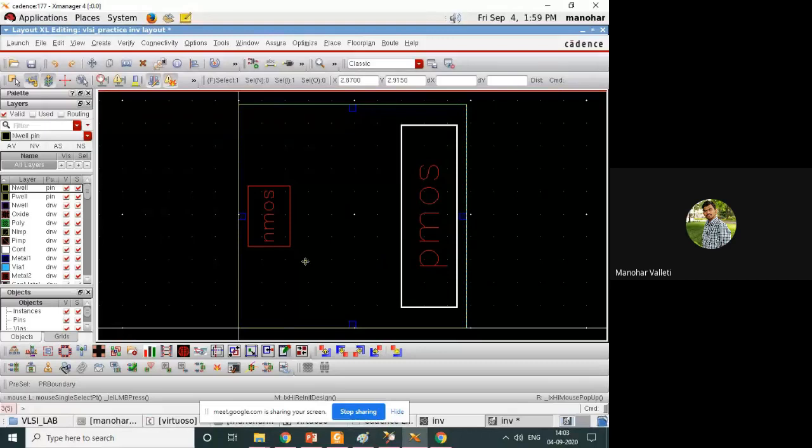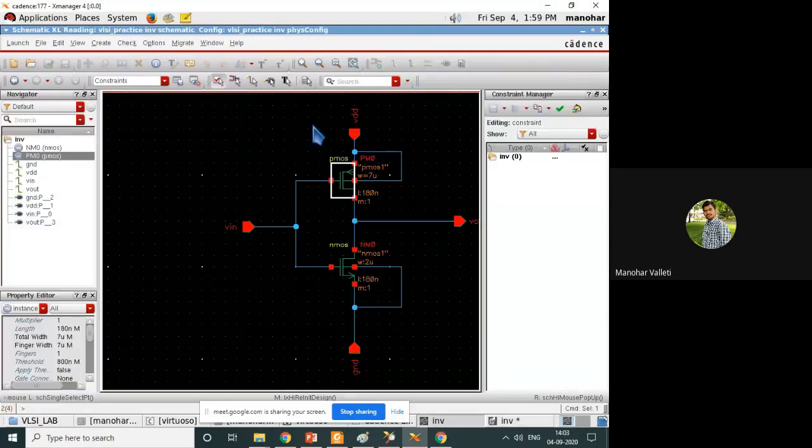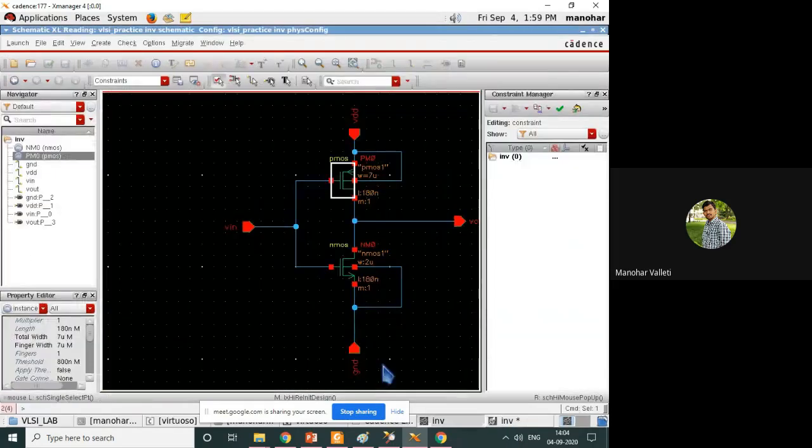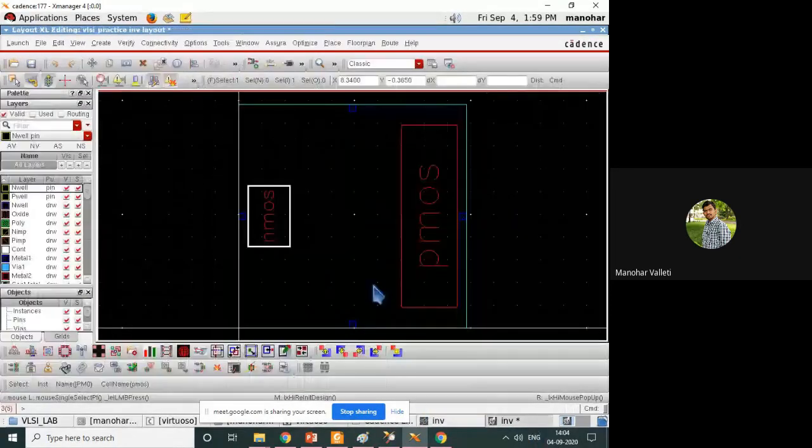However the connections are there in the schematic, the same connections you will try to do in the layout also. So for this layout, always your reference is your schematic. This is the reference for you always for your layout. If you click here, see, this is the schematic. If you click PMOS, automatically in the layout PMOS will highlight. The same way, if I click this NMOS, we observe that the corresponding equivalent of NMOS in the layout will be highlighted.